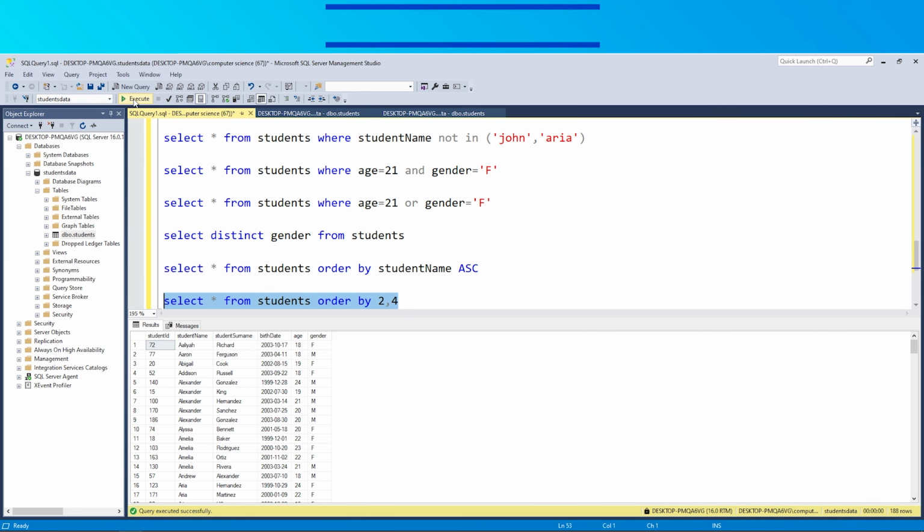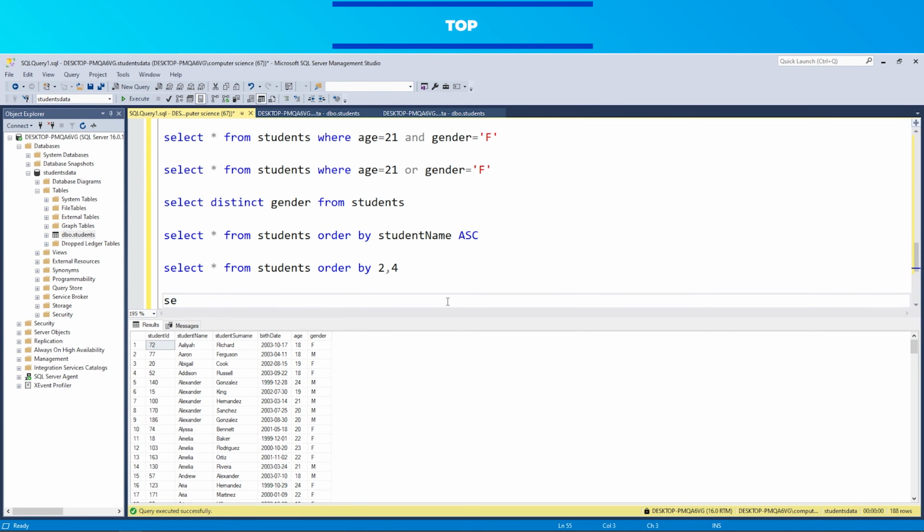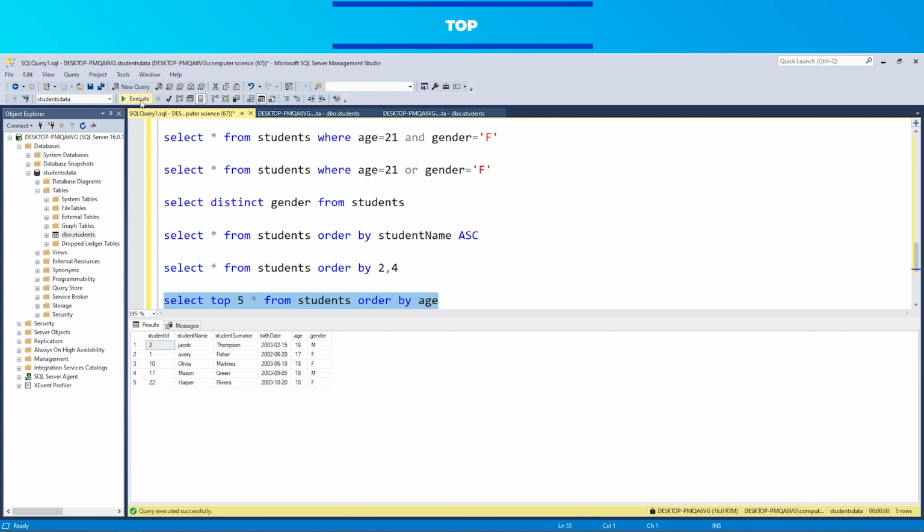The top command is used to specify the number of records to return from the results. For example, to display the 5 youngest students in the students table: select top 5 asterisk from students order by age. If you want to display the youngest 10 students, you just need to change the number after top. Another use of top is with percent.